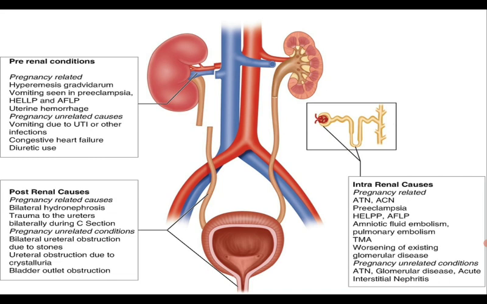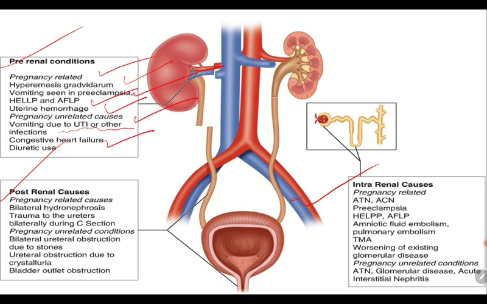These are the conditions I already discussed: pre-renal, renal, post-renal, and intrarenal. Pre-renal, pregnancy-related conditions like hyperemesis gravidarum, vomiting in pregnancy, HELLP syndrome, AFLP, uterine hemorrhage; pregnancy-unrelated causes like vomiting due to UTI, other infections, congestive heart failure, diuretic use. Post-renal pregnancy-related causes like bilateral hydronephrosis due to trauma to the ureter during cesarean section, and pregnancy-unrelated conditions like